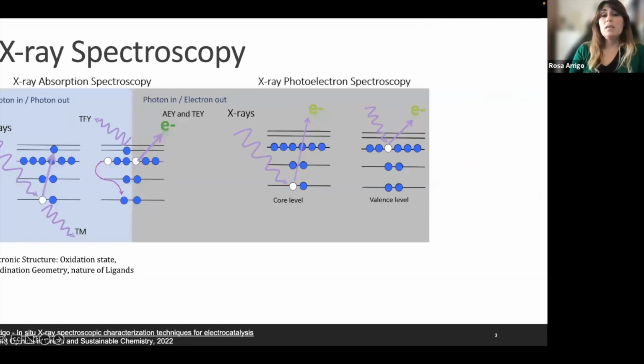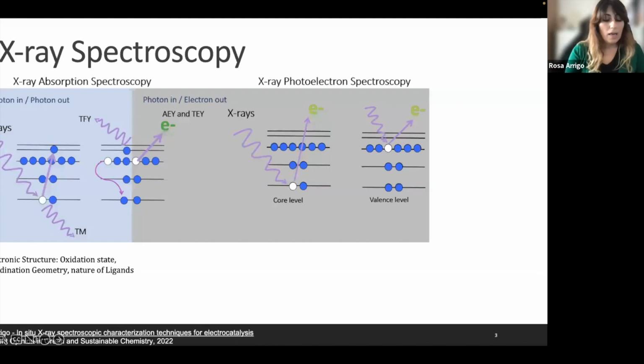We apply X-ray spectroscopy, X-ray absorption spectroscopy, including photon-out absorption spectroscopy, which is intrinsically bulk sensitive and provides information about the electronic structure of the materials, so oxidation state, coordination geometry, nature of ligands, and so on. We apply these in an ex situ fashion as well as in situ fashion to study